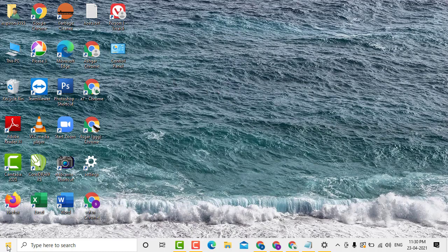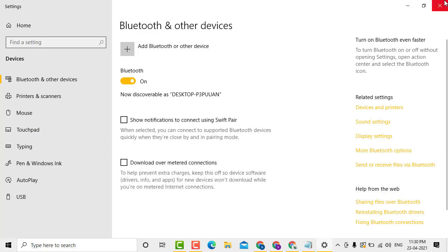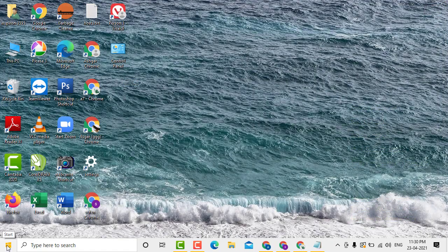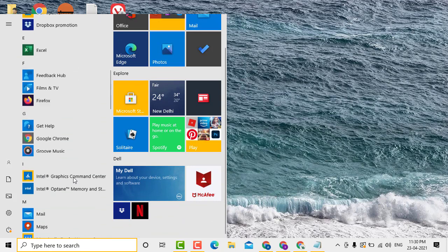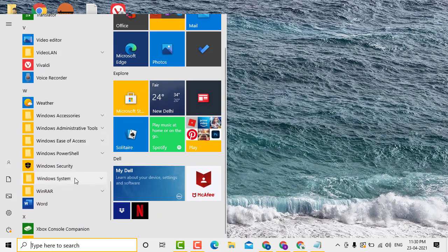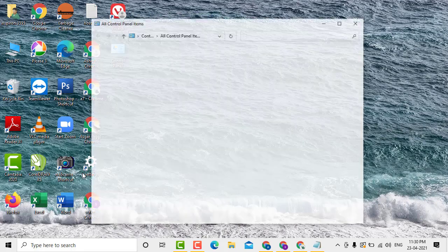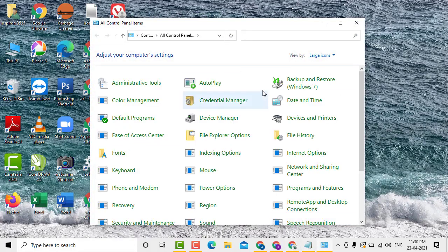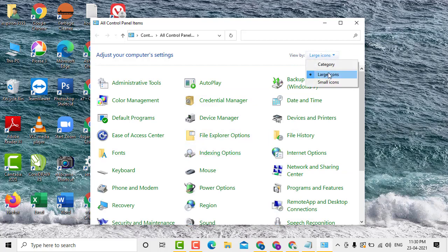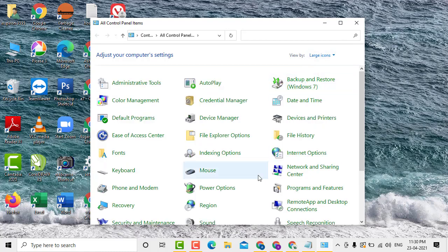Firstly, click on Start. Now click on Settings. Now scroll down. Click on Windows System. Now click on Control Panel. After that, click on Mouse